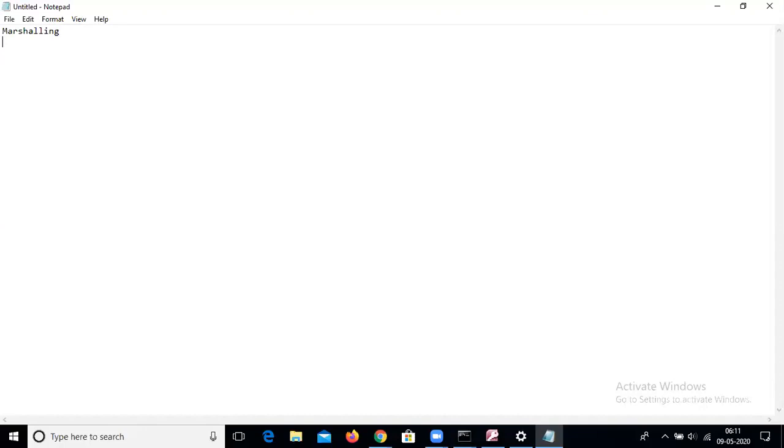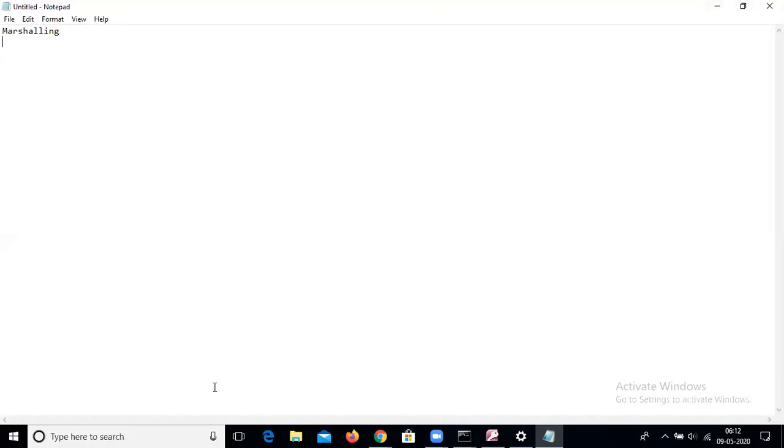After transferring the object, at the other side that side needs an object, not a byte stream. Then we need to convert that byte stream again into an object. That is the process of demarshalling. Understand? Marshalling is the process of converting the object into a byte stream, and demarshalling is the concept of converting the byte stream into the object.